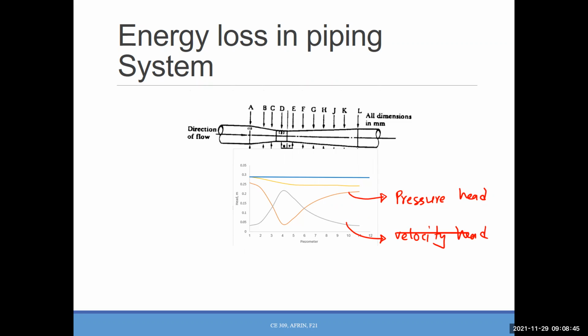And since for each pipe the elevation head was the same, we added these two plus the elevation head,